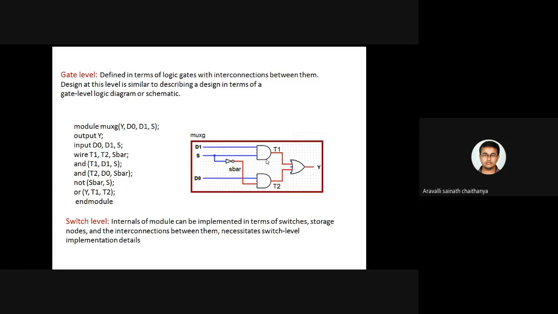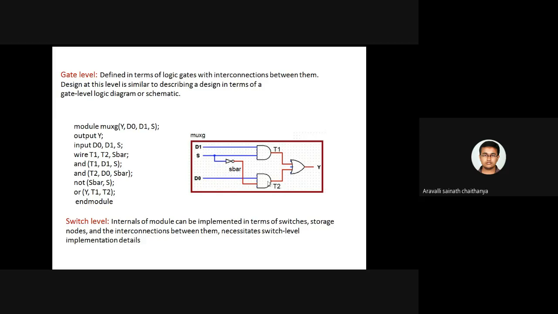But I am having 2 copies of the AND gate, that is why in my program I need to write and A1 and A2. After that T1 comma D1 comma S. Here T2 comma D0 comma S bar. This I need to write, but I wantedly didn't give the copy names here. I expected that someone would ask the question. After that not: the output of your not is S bar, the input of your not is S. Okay. So OR gate, last is my final output Y. The inputs for your OR gate are T1 and T2.